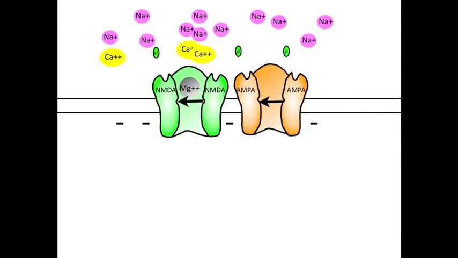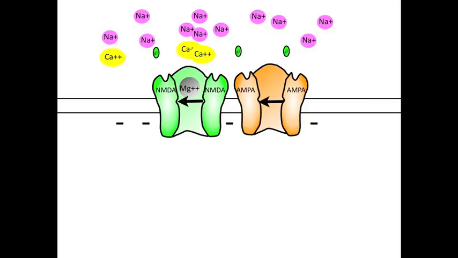Before discussing how calcium can cause the synaptic strengthening, let's first review the cooperative action of AMPA and NMDA receptors. Recall that in order for ions to pass through the channel of the NMDA receptor, two events are necessary. First, the binding of glutamate has to open the gate on the channel, and second, the membrane has to be depolarized, which then expels the magnesium ion that normally plugs the pore of the channel.